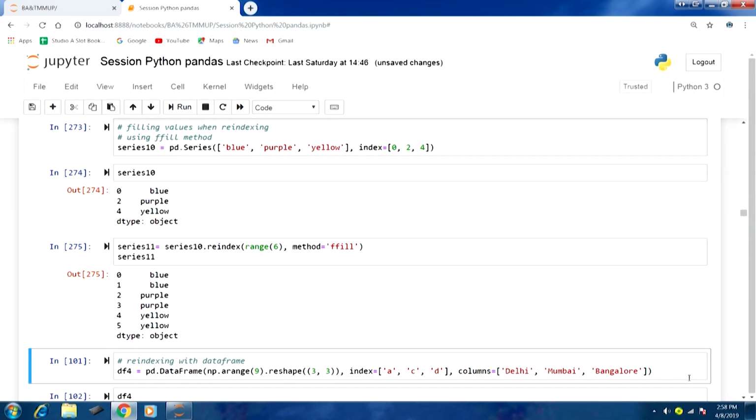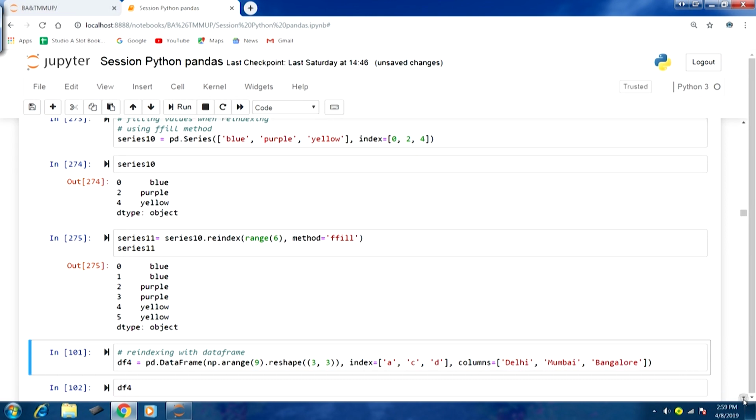Here we have 6 elements. The index has been changed. Now we have 6 index values from 0 to 5, and the new values have been filled using the ffill method. You can see for 0 and 1 it is blue, 2 and 3 purple. This is how the ffill method can be used to fill the values and re-index the series as well.